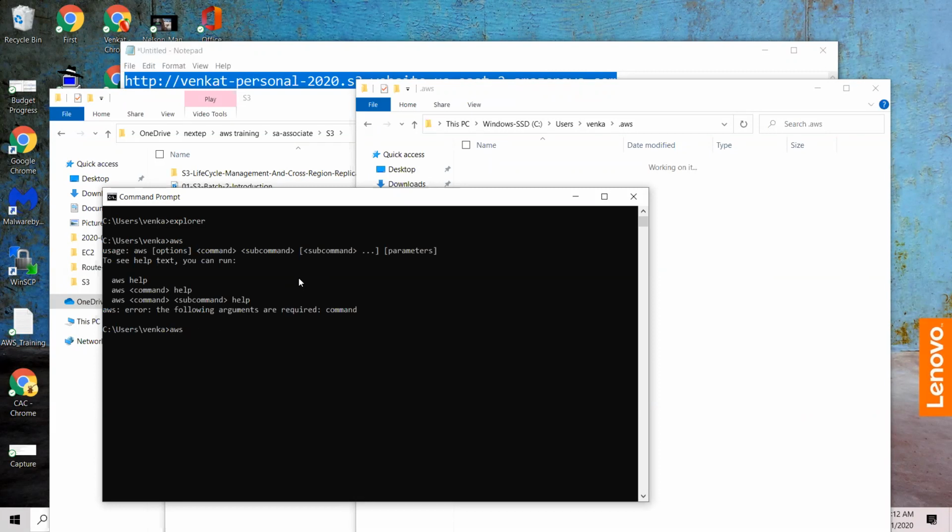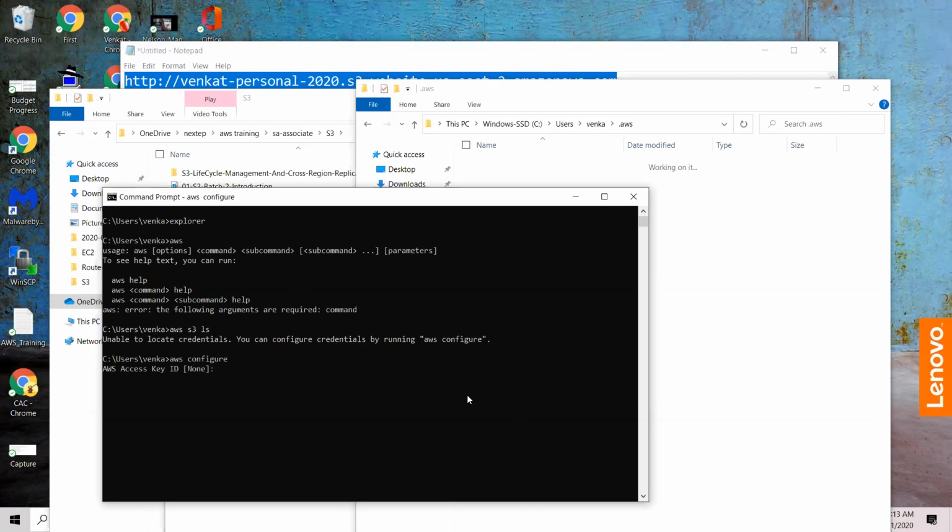Let's say I know some commands: aws s3, give me all the buckets. It says unable to locate credentials. I understand your command, but I don't see your credentials. You can configure credentials by running aws configure. This is the first command that you want to run.